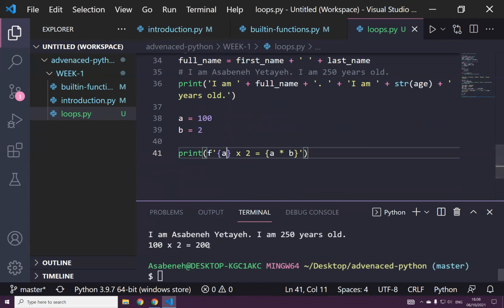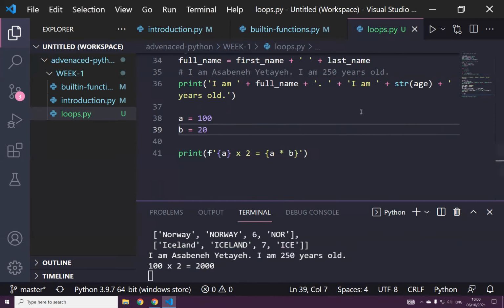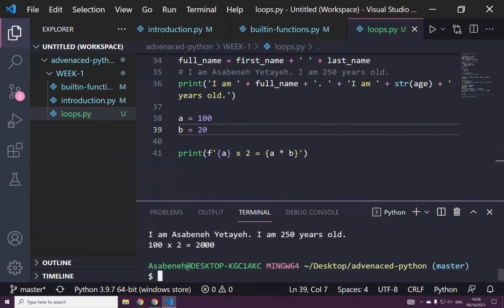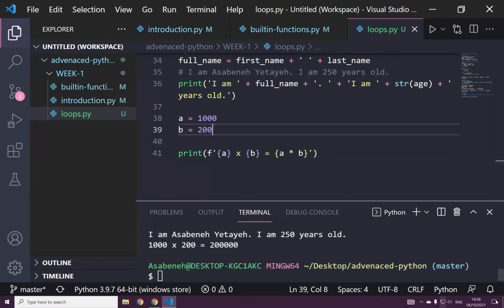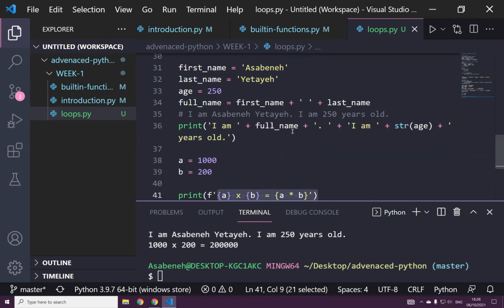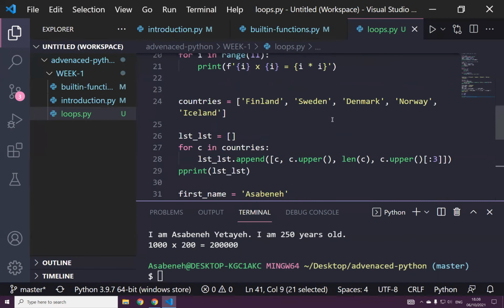Now, how about if I change this one? Still, as you can see, I am getting 2000, but this one is still multiplied by 2 because I'm not using the dynamic data here. But after this, since I'm getting dynamic data from every side, whatever I change, I will be correct. Okay, thank you so much. That's why we are actually